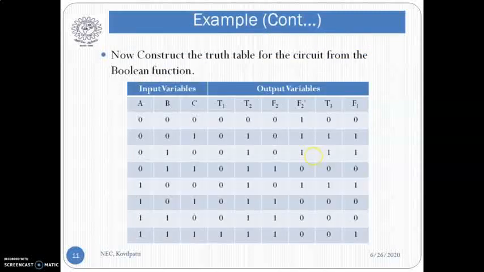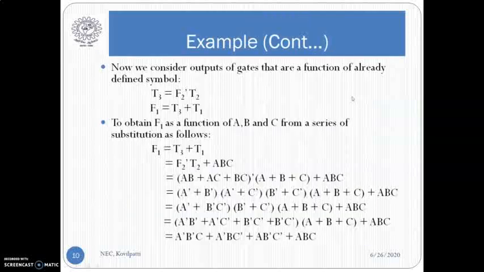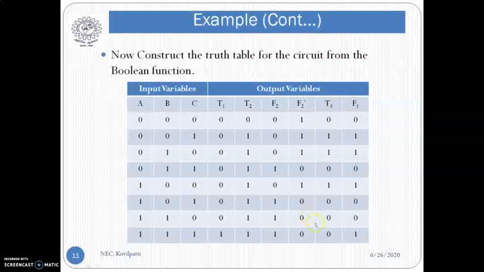F2 dash T2. So we have to add F2 dash and T2, and we get the T3 output like this. Finally we obtain the T3 value. So from T3 we have to obtain the F1 value. F1 is nothing but T3 plus T1, right? So we sum up these two values and get the value of F1. So that's all about the analysis of